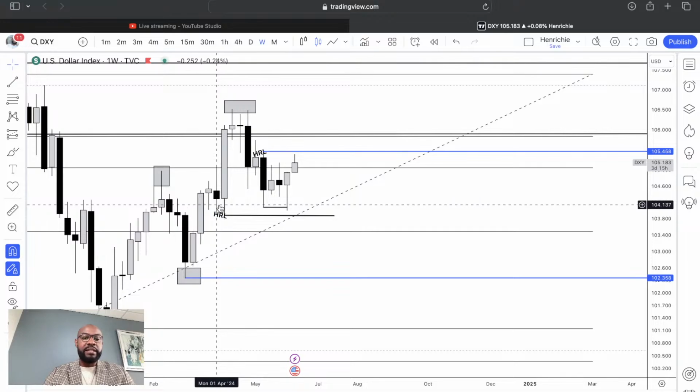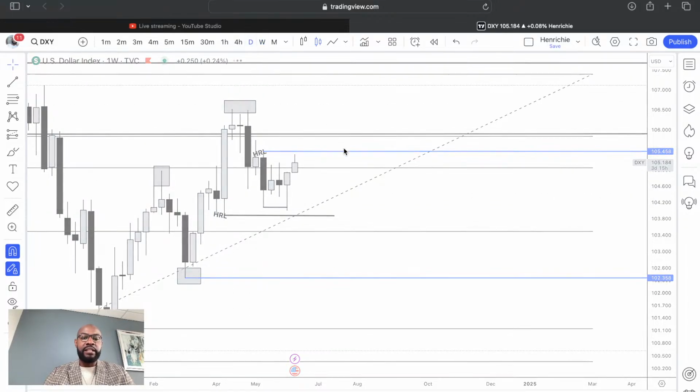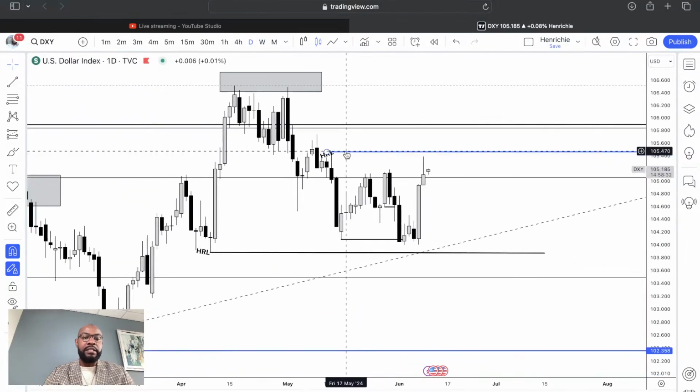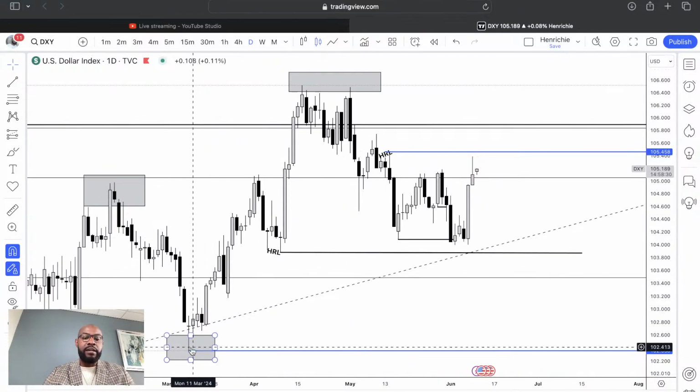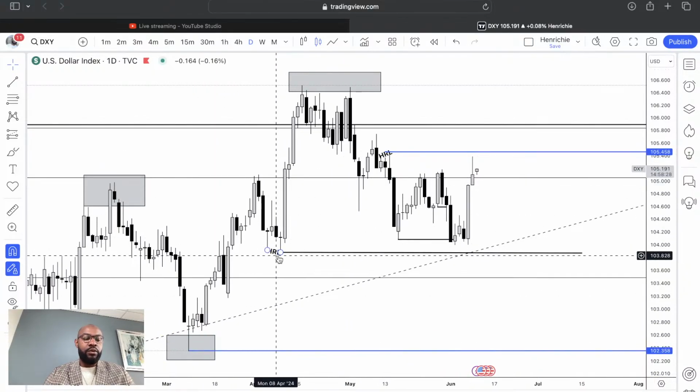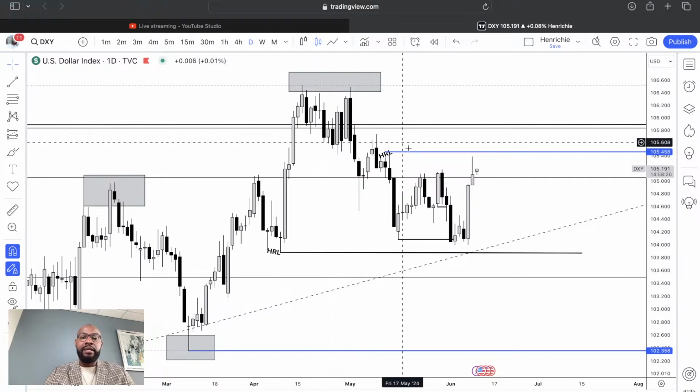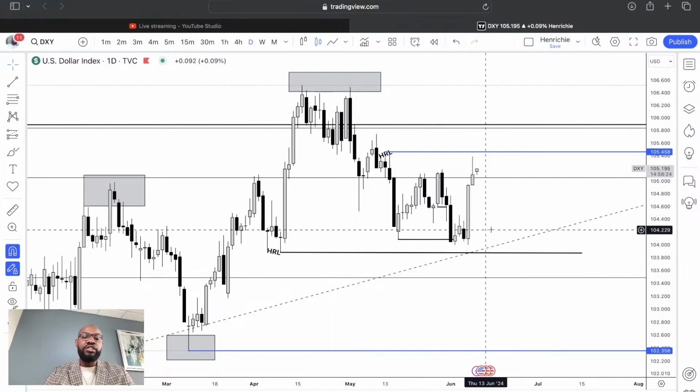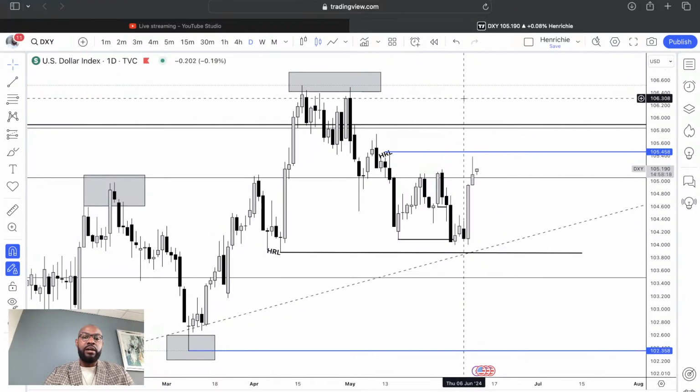So what we rejected here, as you can see, is also a very significant key level, because on the daily time frame, this is our low, this is our high, and this is our low, and this is our higher high. So price coming down here, if we're bullish, this would be a perfect area for us to see a rejection and potential continuation to the upside.